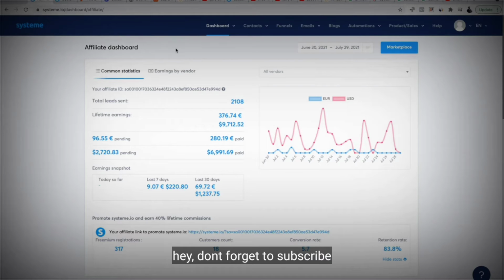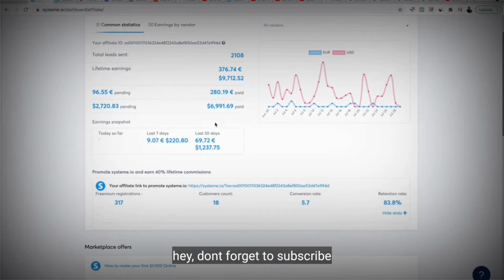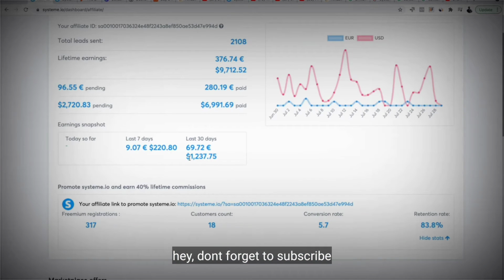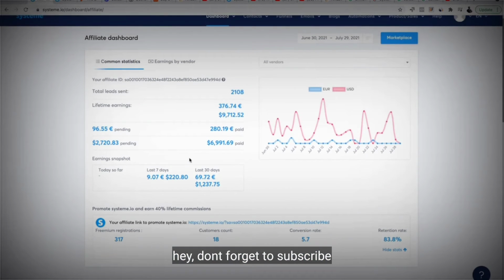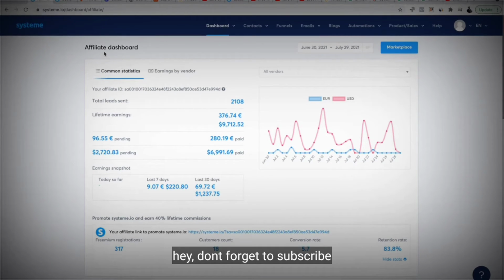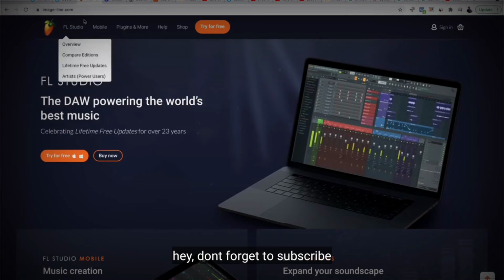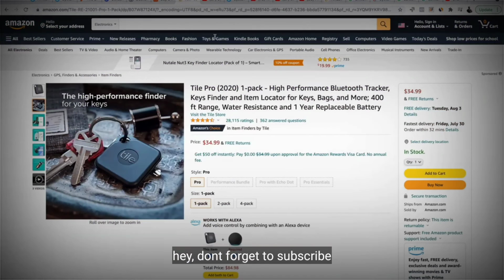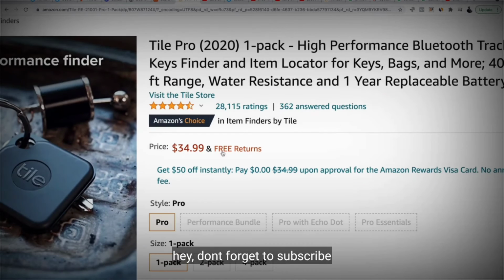And here's my last tip. When it comes to affiliate marketing, I'm promoting tools and software because they have recurring revenue. Basically, every month I'm making money without promoting the product. Because, like I said, it's a monthly subscription product. Like every software, every service, like your cable TV network, you pay on a monthly basis for your subscription. This is the case with FL Studio and software like Canva.